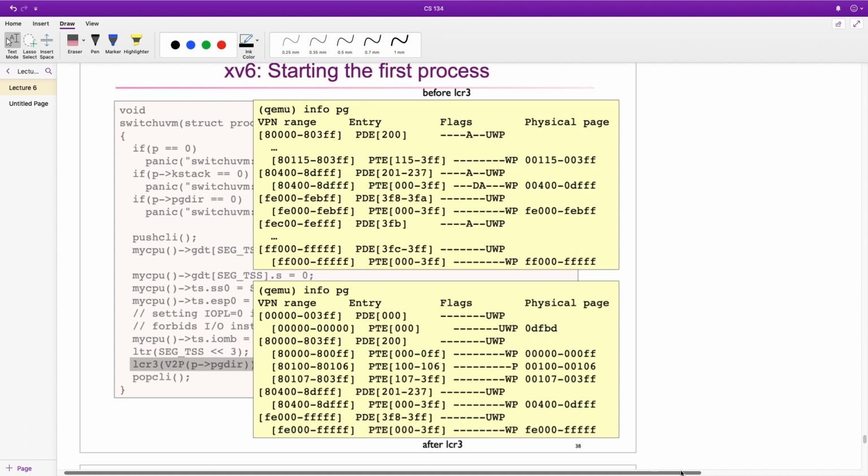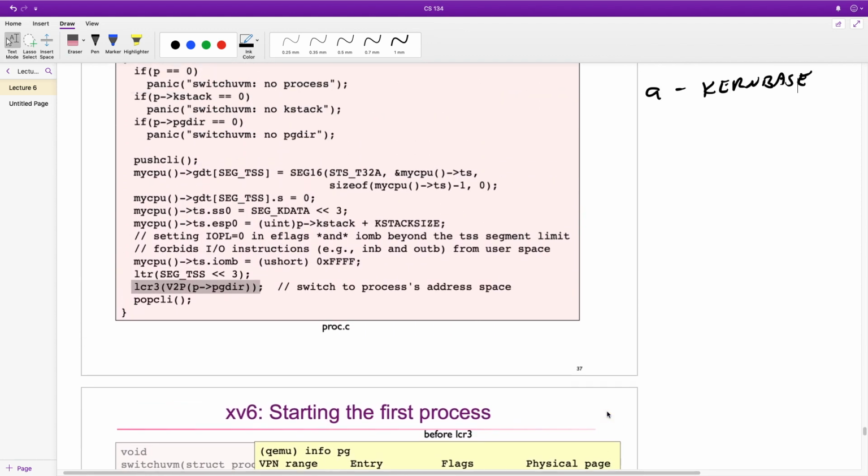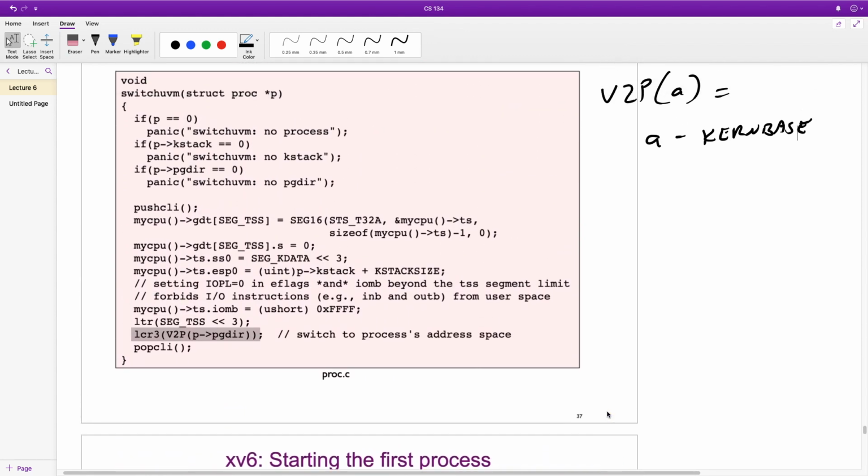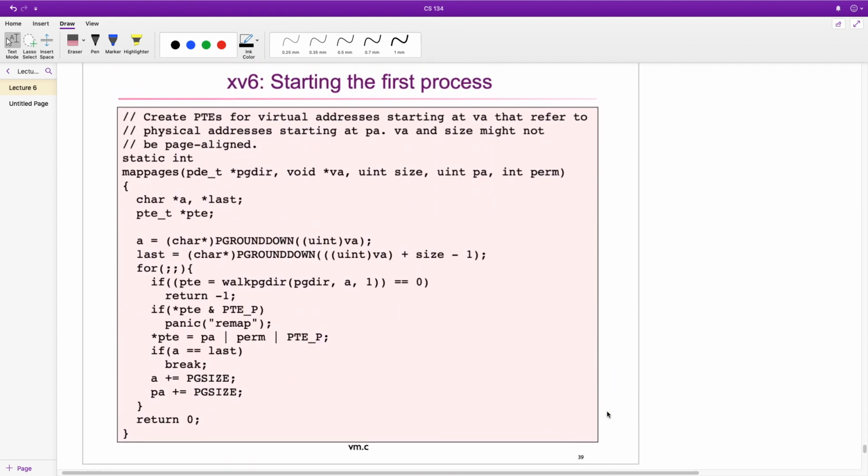And in fact, if we go back, what are we going to set the... No, I don't care about that. Okay. So the first process,